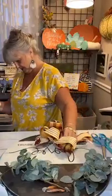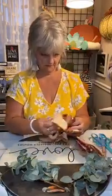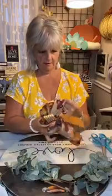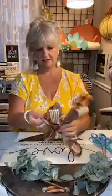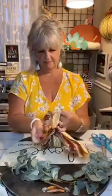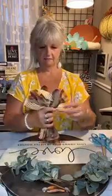Okay. I must say, the whole bow maker thing, I think it's called bow maker. Yeah, it's just called bow maker. It's a lifesaver. Okay. And you just pull these to the center, separate them, and pull them to the center. Not bad